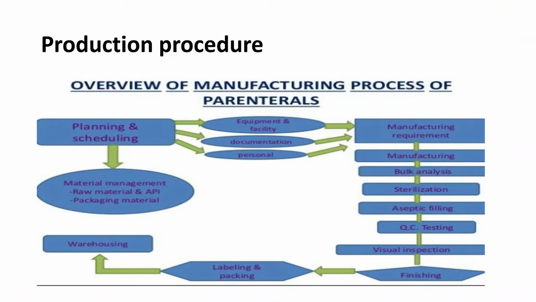So when we think of manufacturing parenteral products, we have to keep three things in mind. The first is the raw material, second is the equipment, and third is the container closure system. When we talk about parenteral products, they have to be completely sterilized. Since parenteral products are injected and they give 100% bioavailability, it has to be ensured during the production process that they are completely sterile.